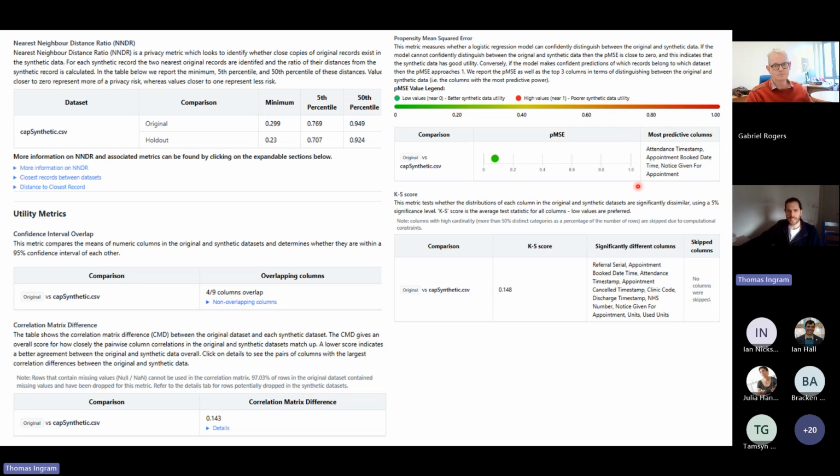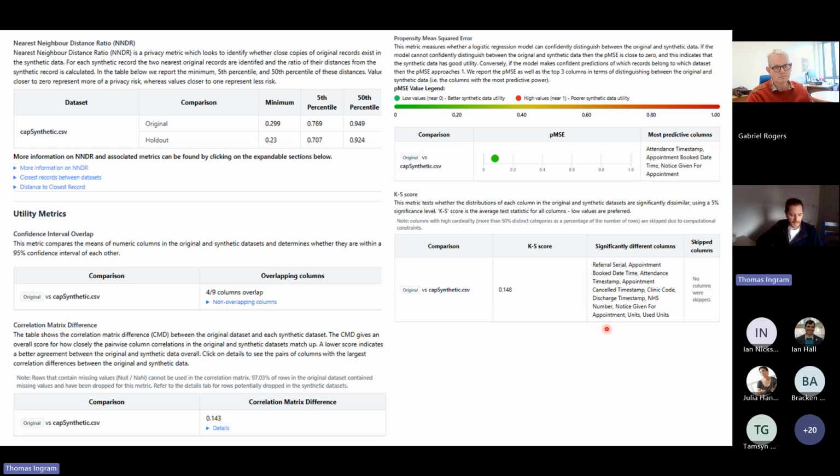Let's try and transform them and see how we do. Similarly, again, with this KS score as well, looking at a measure of the distribution differences between the two data sets, we could go back and say, right, these columns need some improvement. Is it worth doing is another question as well, because there is a part of the work, which I'll come